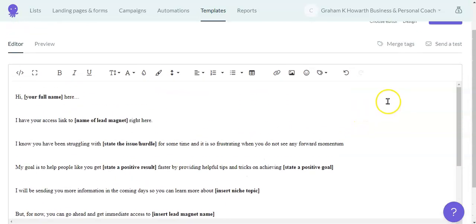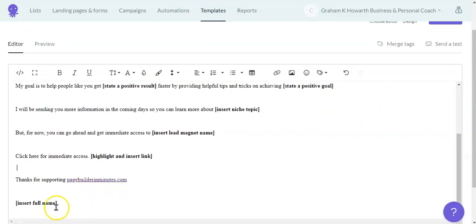But you can add websites, you can add an email address. For example, if I'm always going to use the same name, then I could put Graham Howarth in there. I could then put a simple link into their email, Graham at PageBuilderInMinutes.com.